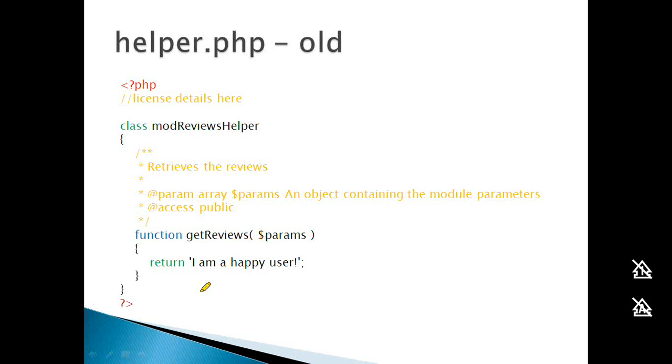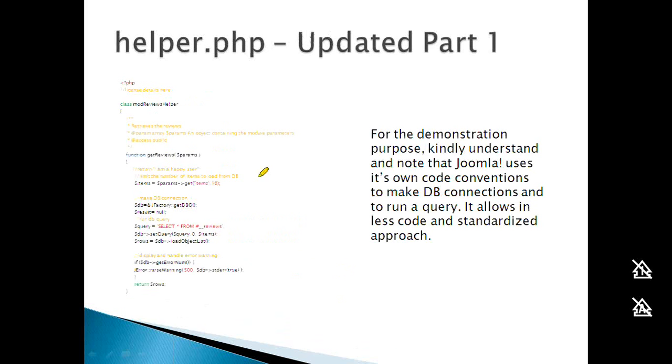And this is the old helper.php, to just remind you what we had done in the past. We were just having a class and then a function, and then a simple tag was being returned. Now this time we are not returning the tags, but doing a much more sophisticated database connection and database query, and whatever data is coming up, we are rendering it to the template. And how it is being done? The class name is the same, the function name is the same. There are a few additional items where we are using the Joomla syntax.